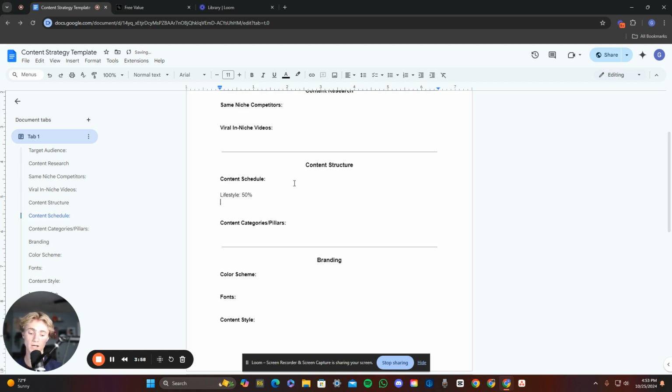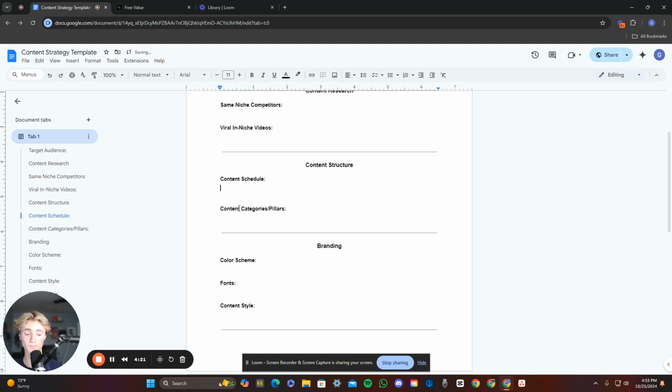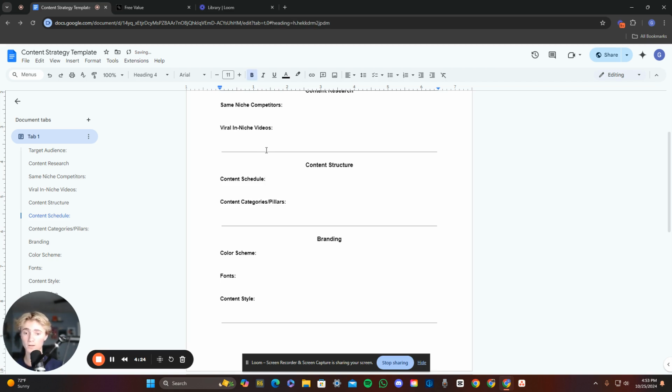But you also want to have authority content that shows who you are, because you're selling an info product. So you need to show them you made all this money doing this business. And so maybe that's a good 25%. And then maybe the last bit, to get the reciprocity and give the free value out, is the value content. So maybe that's another 25%. These are those pillars and the schedule for what rate those are being posted at, what is taking up a majority. What this comes down to is just being self-aware about what's going out. Does it complement your overall goal? Not just posting aimlessly.